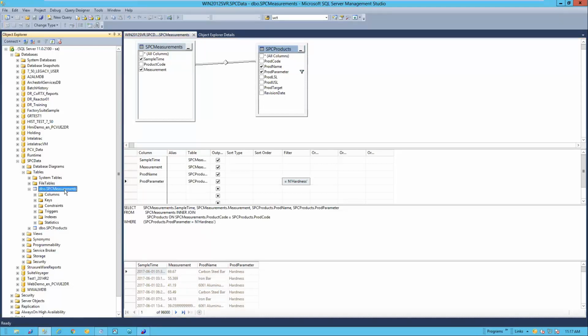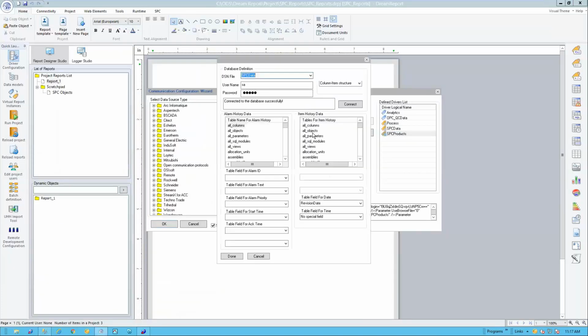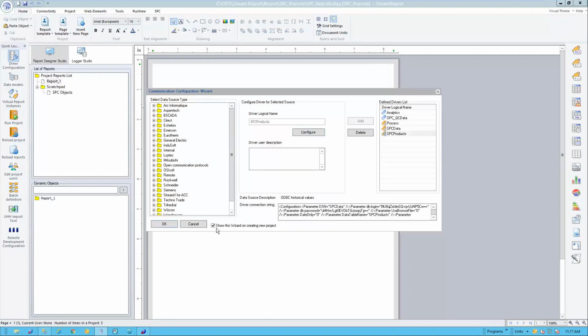So this is a typical SPC type database that I want to map into and use as my source of data for these reports. That was done simply by mapping into these tables using the Dream Report ODBC connector. Once you've established your connection to your specific data source or data sources, then you're ready to start setting